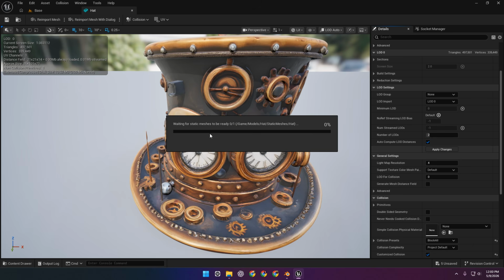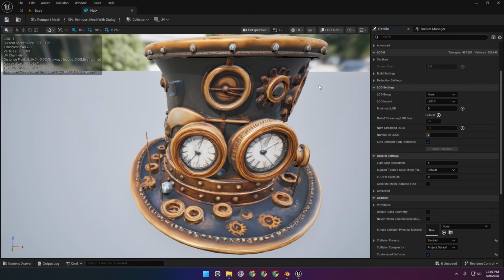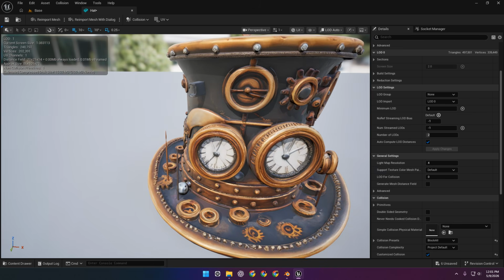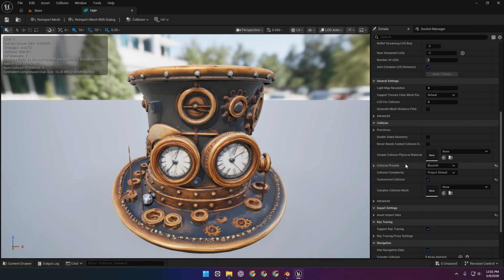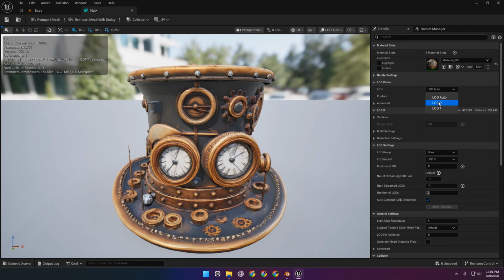Now we have to wait. It will take a long time because we have this large amount of triangles here. Okay, it's done. Now in this LOD section we can pick which LOD we want to choose. So in LOD 0 we have almost 50,000 triangles, and now if I set this to 1,